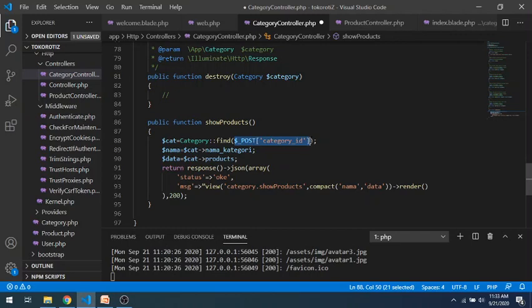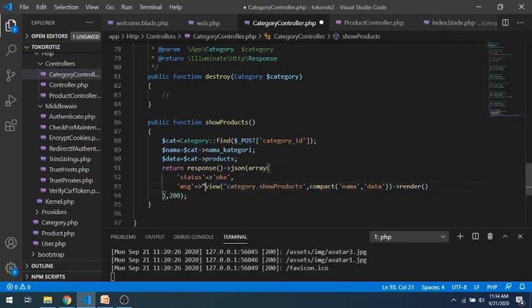And because we already have a relationship of category and product, we can get the products of this category with this one. Okay, nama kategori and the products data, we use it while calling the view.